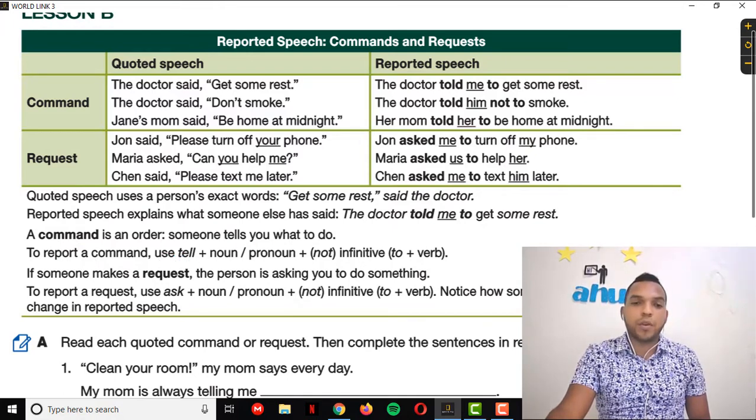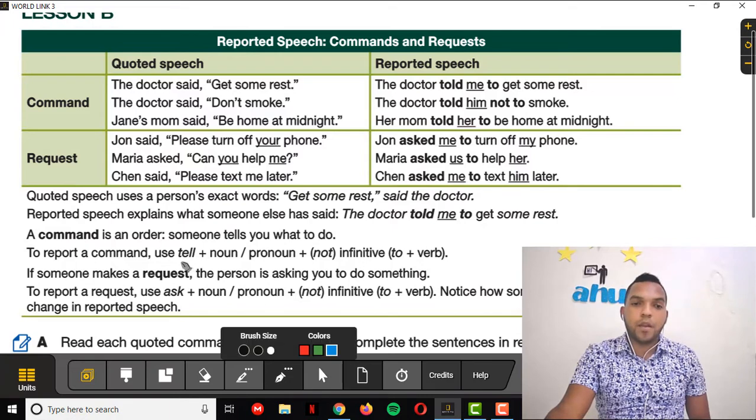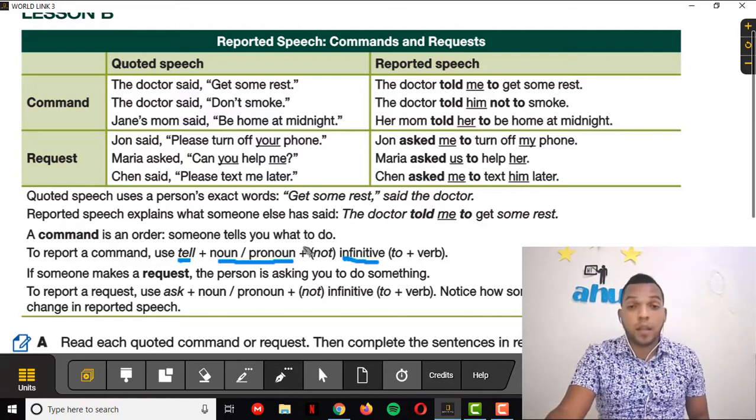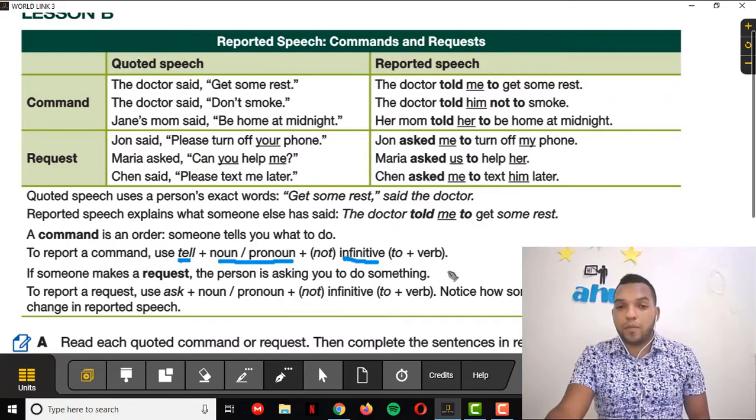Let me underline it. So sorry. The word tell plus a noun or pronoun plus, if it's necessary to be in the negative, we have to use the infinitive, that you know the infinitive is to plus the verb. So why do they have this? It depends on what you are saying. If what you're saying is in negative, you need to do it like this. Not to and the verb, okay?